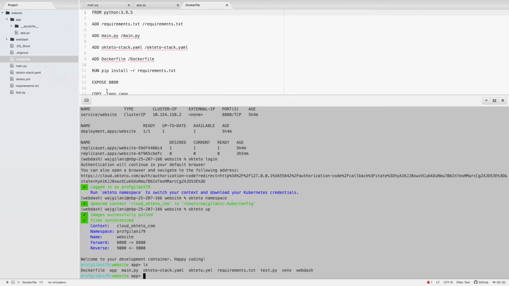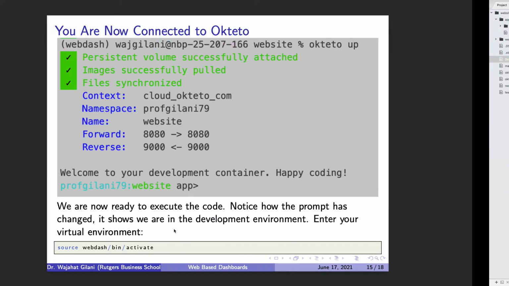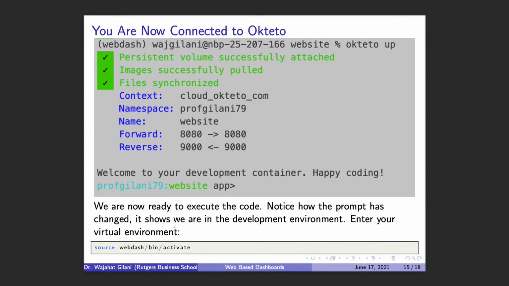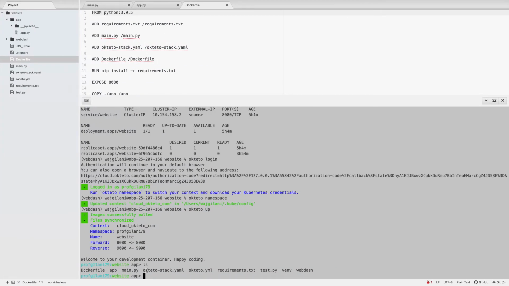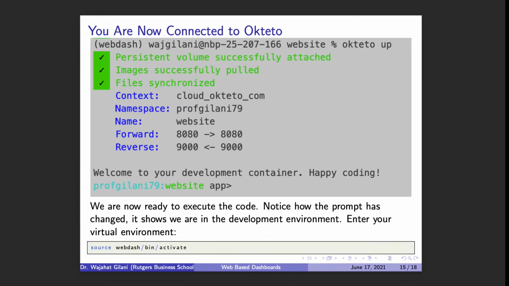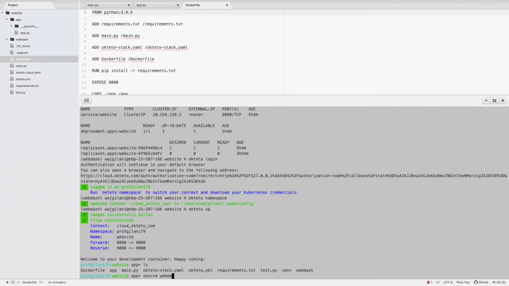All righty. From here, guys, the next thing we want to do is get into our virtual environment. Yes, even in Okteto, let's get into our virtual environment. Why? Guys, virtual environments are a Python thing. Be it on our machine, be it at work, be it on Okteto, it does not matter. It's a Python thing. So we want to get into our virtual environment and use it. Our virtual environment got kicked up already when we loaded everything up. So all I'm going to do is source, just like I did before, web-